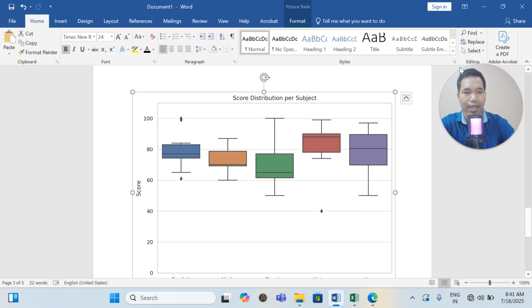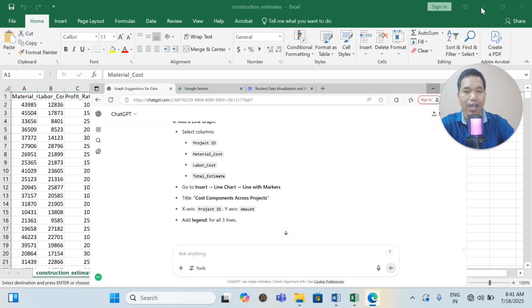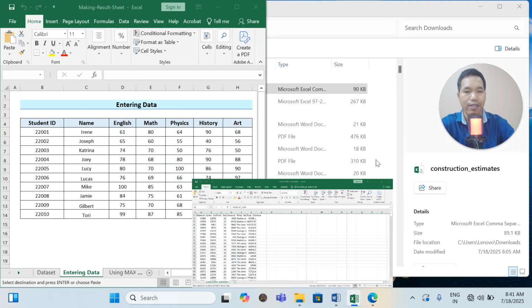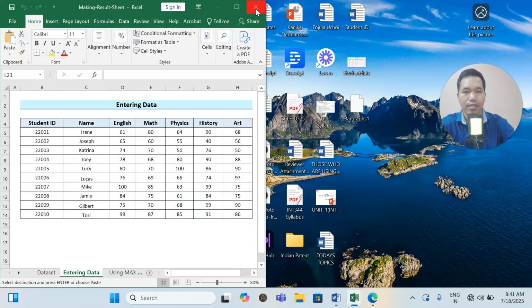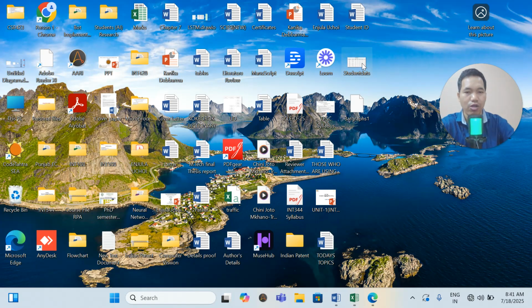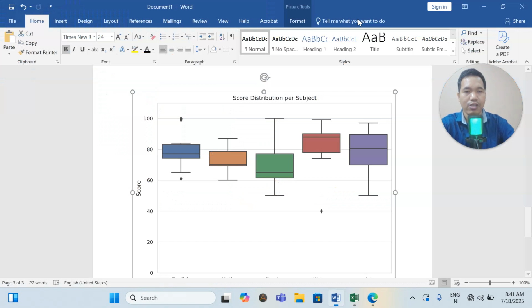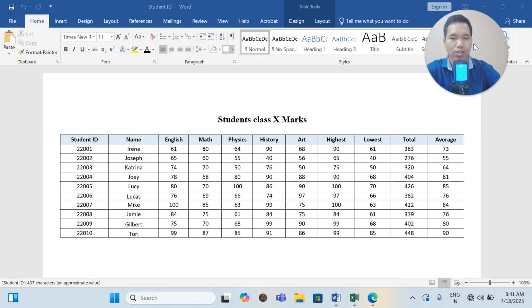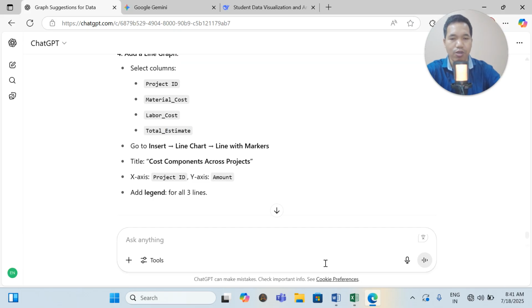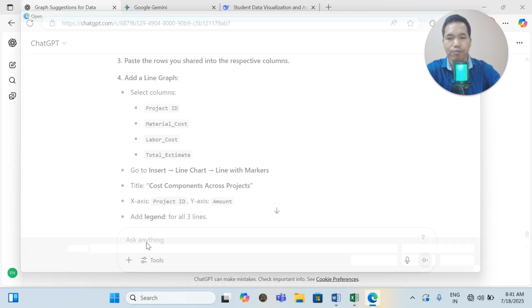Say if you are having a Word file now, not an Excel file. I'm assuming that you are having a Word file. Let me assume that this is your student ID. So I have already taken it here. You have a student ID Word file here of class 10 students. Okay, class 10 marks of students. So I have these students' IDs in a Word file. The same thing you can do for this. What you have to do is, again, attach it. It is limited in ChatGPT.